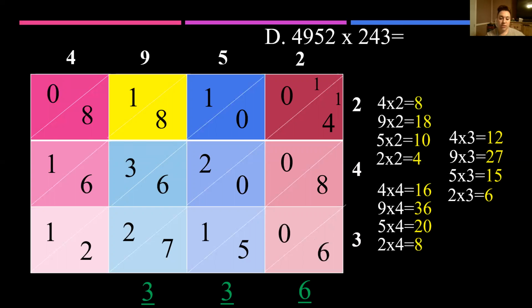We do 2 plus 1 is 3, 3 plus 6 is 9, plus 2 is 11, plus 2 is 13. We keep our 1. So now we do 8 plus 2, which is 10, plus 3 is 13, plus 6 is 19, plus 1 is 20. So we carry our 2. So now 2 plus 1 is 3, plus 1 is 4, and then 8 plus 4 is 12. We carry our 1. So now we keep our 1, and that equals